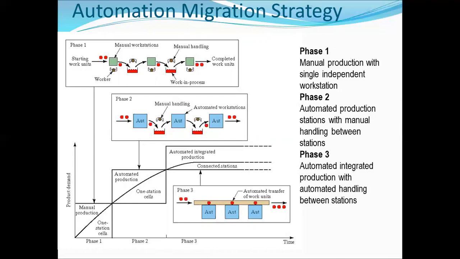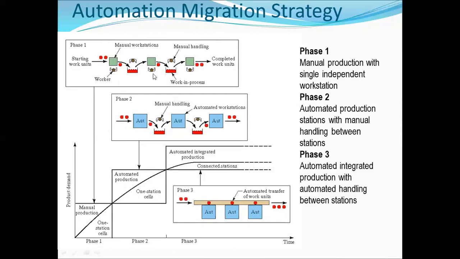So basically it allows the automation to be introduced gradually, or you can say in phases, as the demand for the product grows. Engineering changes in the product are made and time is allowed to go through the design job on the automated manufacturing system. Basically, it avoids the commitment to a high level of automation from the start, since there is always a risk that demand for the product will not justify it.